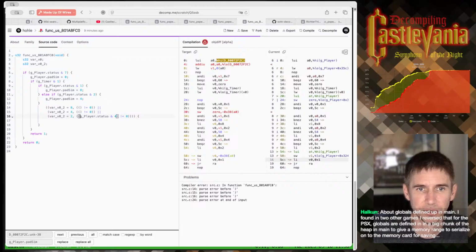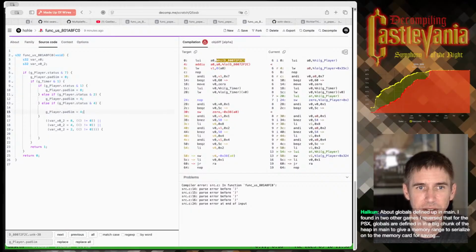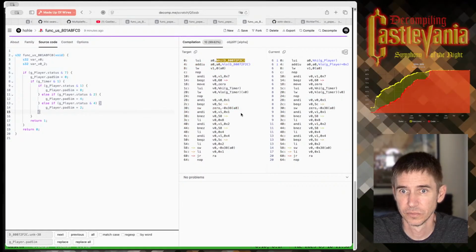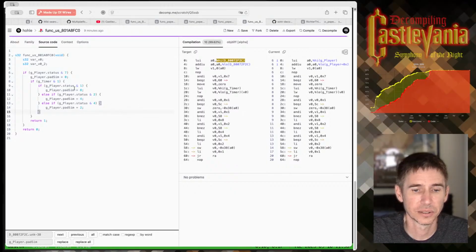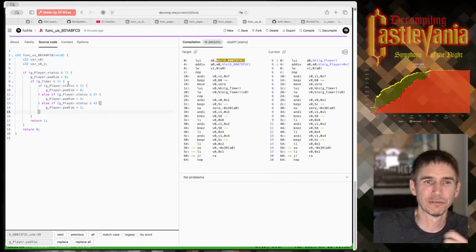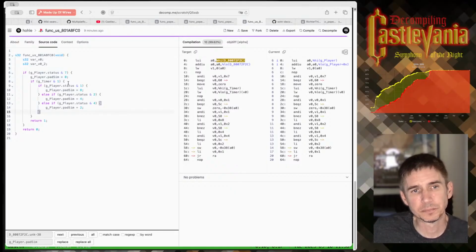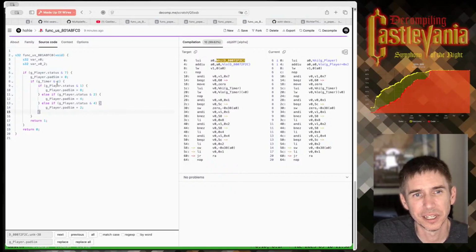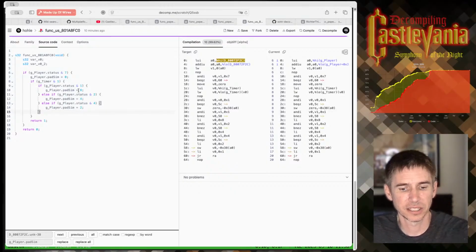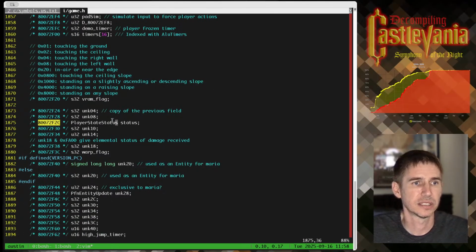So were I to guess, this is how I think that this is going to be written. And when we get a little closer, we'll see. We can go, like I said, put those, replace those. And that looks right. We just have the one symbol that is wrong, and that's okay. So the G timer is, like I said, kind of a flip-flop. Every frame, the G timer is going to get updated. And so on odd frames, we're going to do this logic. And this logic is a check for status. Let's go figure out what player state status we have.